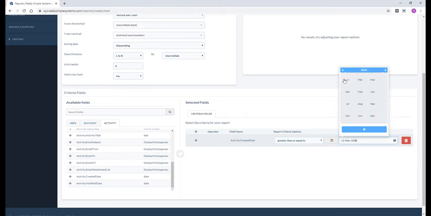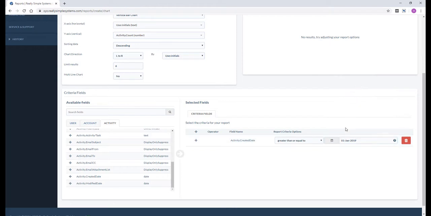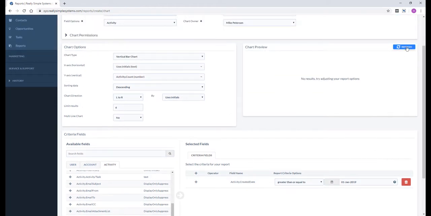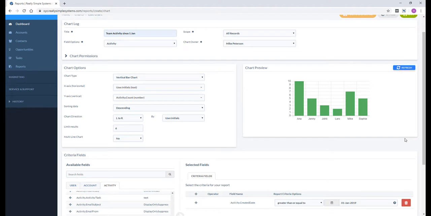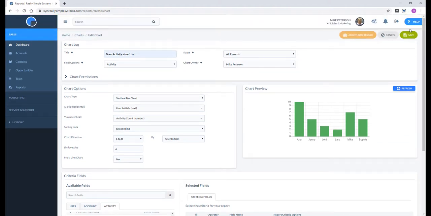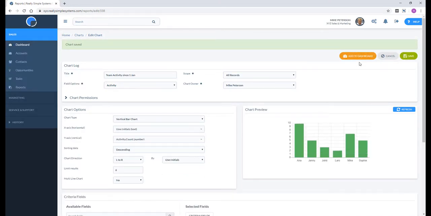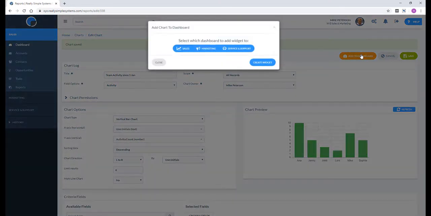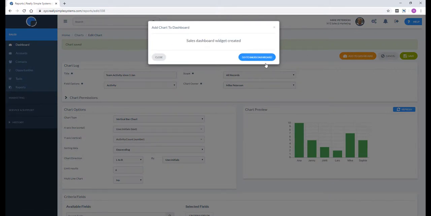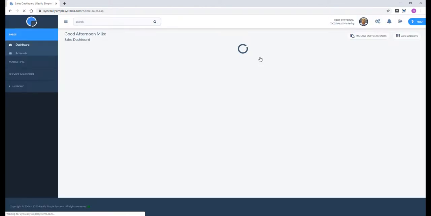and we'll just refresh, and that should bring up that chart. There we go. So then I've got all my data for the last year. Let's save that one, and add it to the dashboard. Let's go to the dashboard,